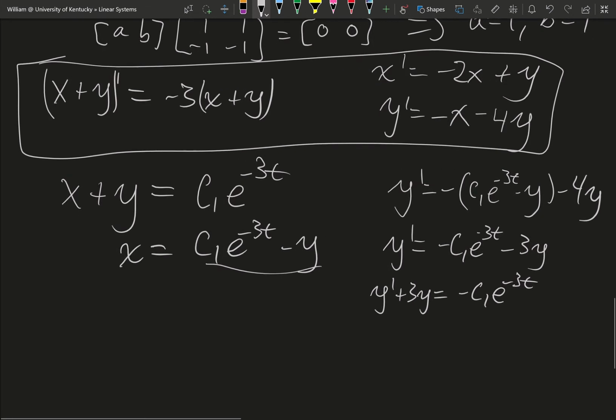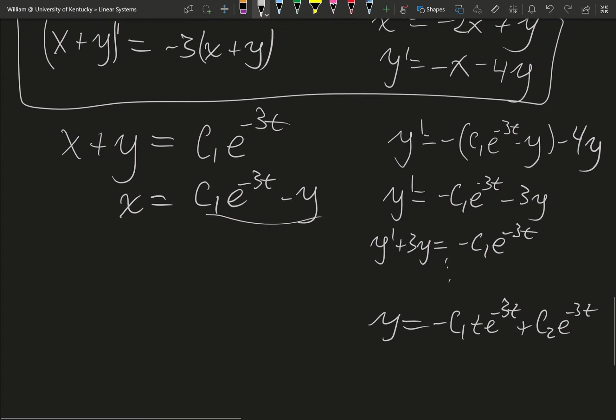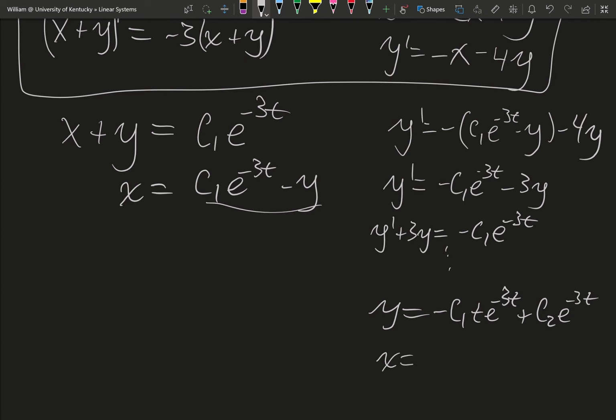From here, we could go on and solve this. We would get that y equals -c1t e to the -3t plus c2 e to the -3t, and x equals, if I use this equation in there, let's see, we would get that x equals